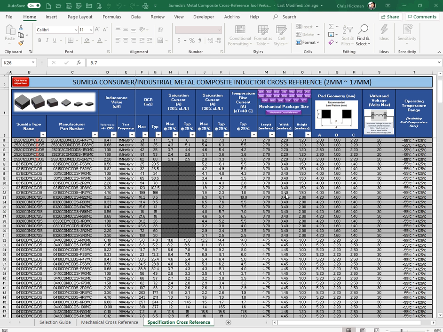Moving into the file, you can see it is separated into three distinct Excel tabs. The first tab being the Specification Cross-Reference tab, second, the Mechanical Cross-Reference tab, and third, the Selection Guide tab. Now the first tab we will review is the Specification Cross-Reference. This tab is set up in a filtered table containing all the parametric data from the Sumida website and the